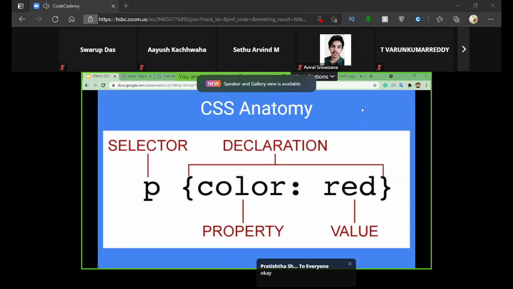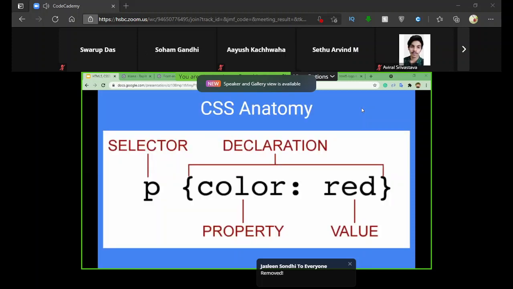Inside CSS, we have something called selectors. Selectors are nothing but whatever element we want to provide style to. Here, p is the selector: when we want to add styles to the paragraph, we use p. Whenever we want to add style to the image, we provide img.